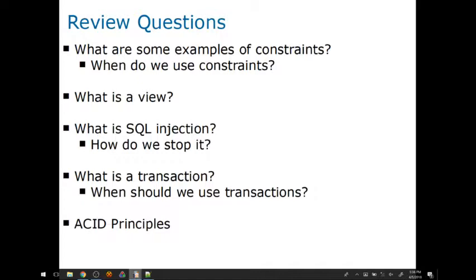Does a view actually store data? No. That's very important to realize. A view does not actually store data. So I got my tables, right? That's where all the data lives. The view is just sitting on top of it. It's just providing a little window into the tables. That's what a view is. It does not actually store any information, just provides a different perspective on existing information. Very, very useful tools.